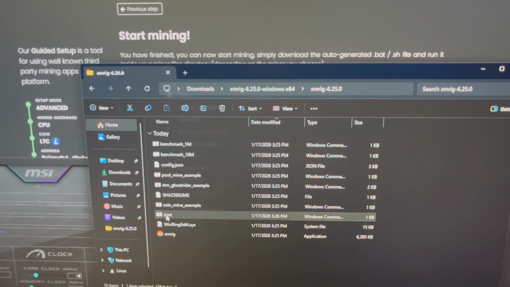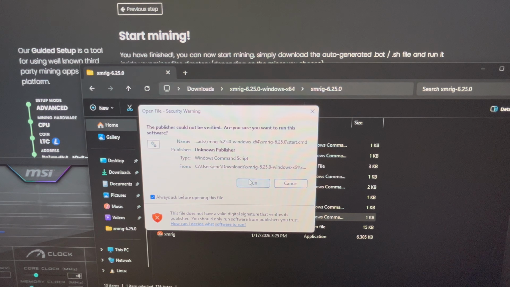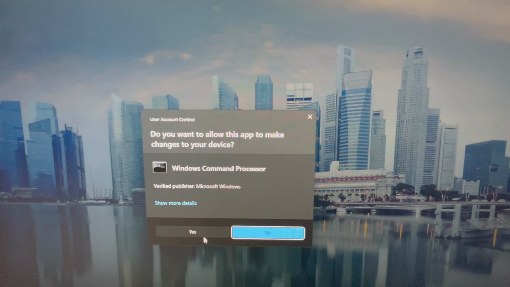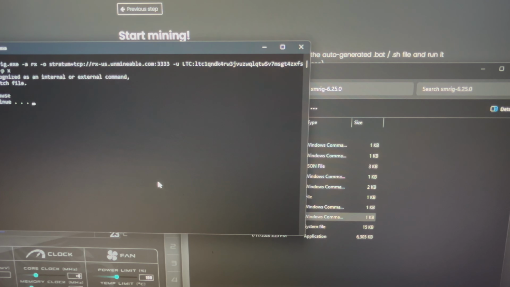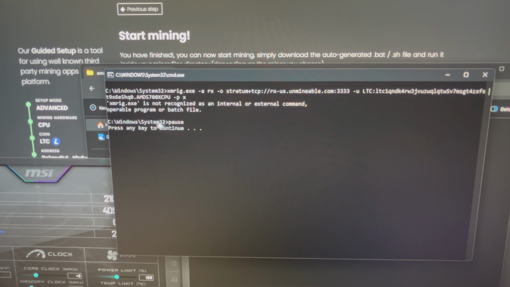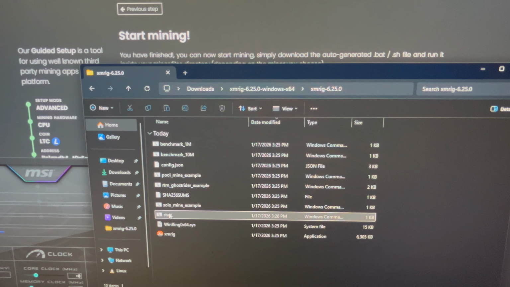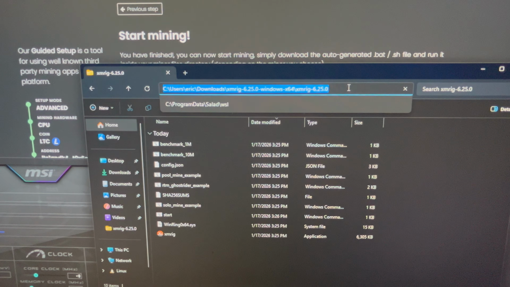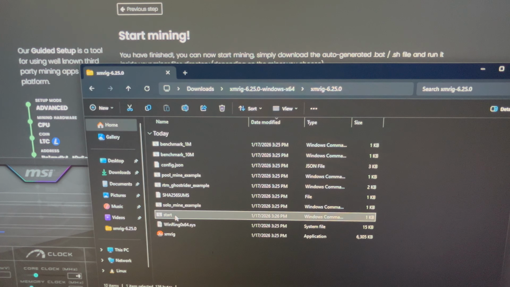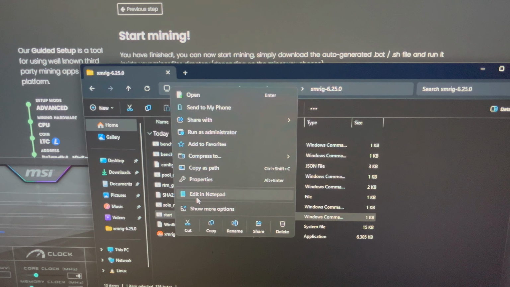Now I'm going to right click on this and run as administrator. This is going to say, are you sure you want to run this file as an administrator? It's going to prompt up yes. We can go ahead and do this. Now, here's a good troubleshooting thing for us. It's saying, sorry, it's not recognized. And when we look at this, we have to copy our entire directory here. So for me, it's like C users Eric download blah, blah, blah. And we have to put that in front of,